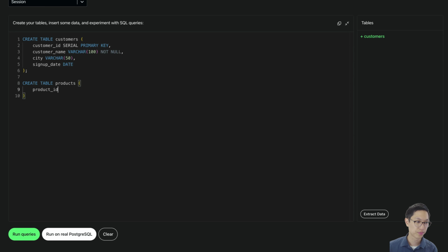Product ID. It's serial primary key. And then product name, varchar 100, not null. And one thing when I'm typing, I can also say that for exercise and learning the syntax and learning how to code, you should not just copy paste the code. Instead, you should type it out so that you build up muscle memory on how to type code, because that is very important. Category,